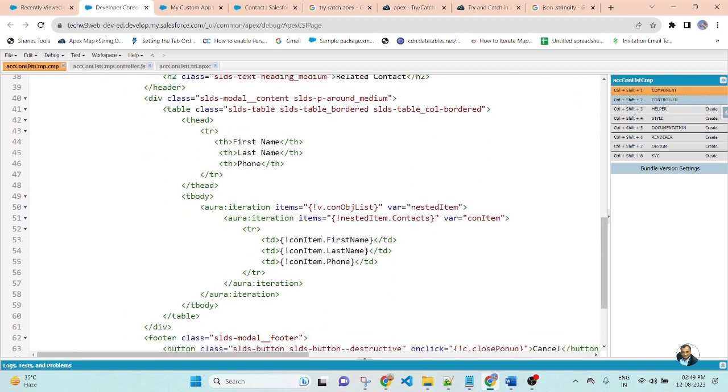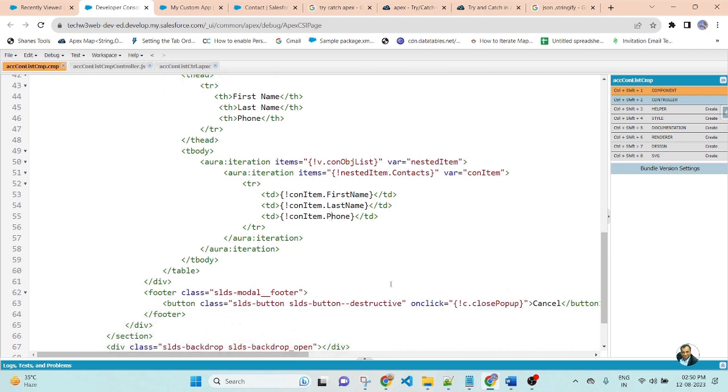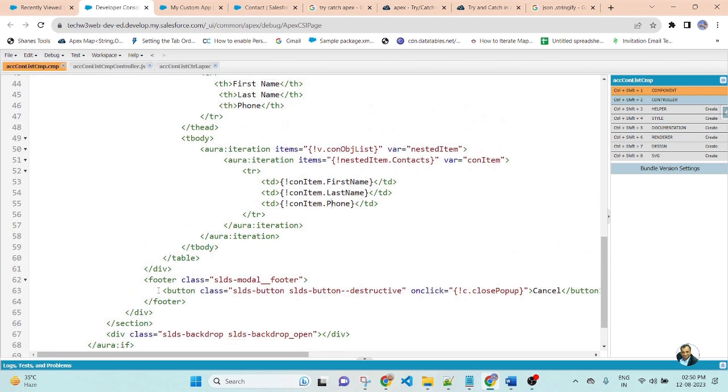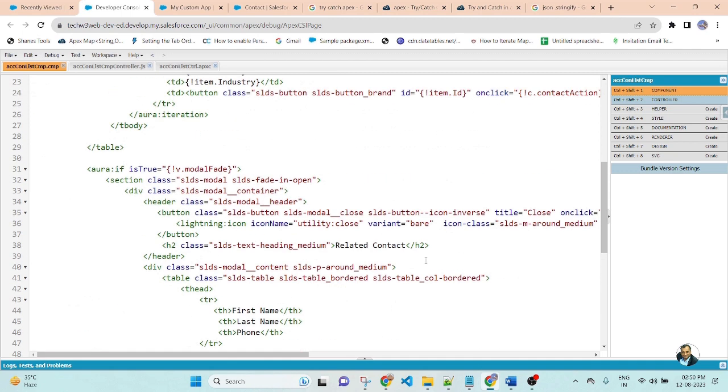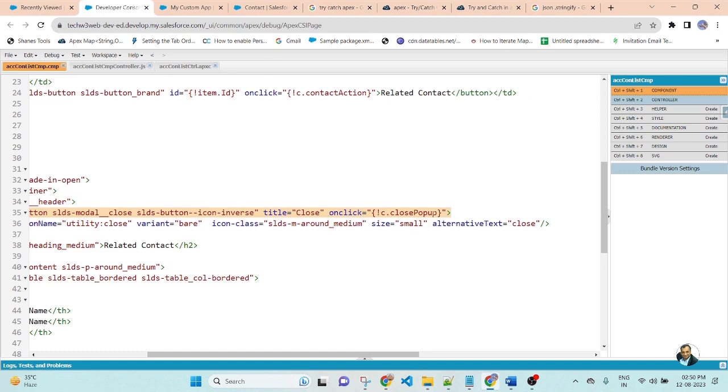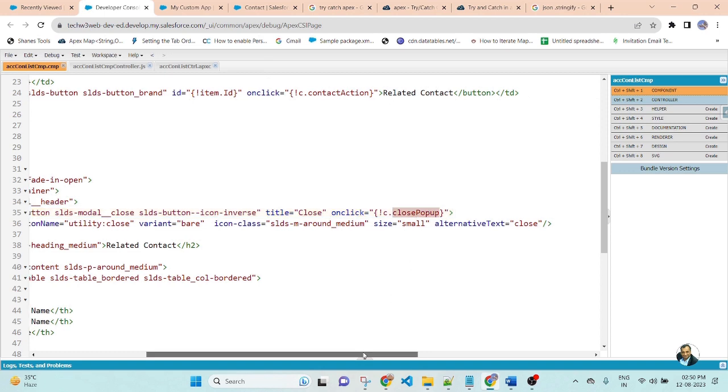Here I am creating an Aura iteration, and inside it I am displaying the related list of contact: first name, last name and phone. There are three fields of contact displayed inside the modal pop-up, and in the footer there is a button to close the modal pop-up, and also in the top header there is a button to close the modal pop-up.